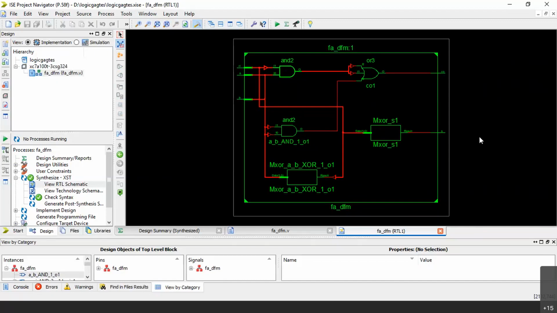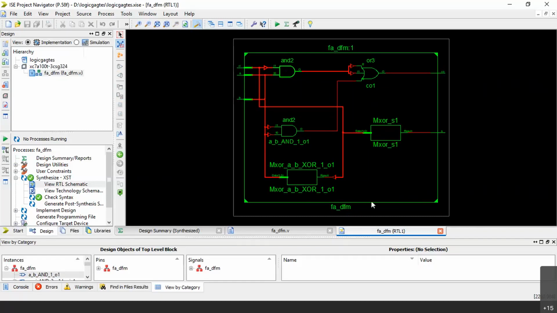So this is the RTL schematic where XOR is going to be implemented by means of a multiplexer only. Because what is register transfer level? Inside the Xilinx library, there are registers. Registers means the software's registers. In those registers, there are some library elements. In general, they have the CLB, configurable logic blocks. Many times they contain a lot of multiplexers. So in general, using multiplexers, many logic functionalities can be implemented.